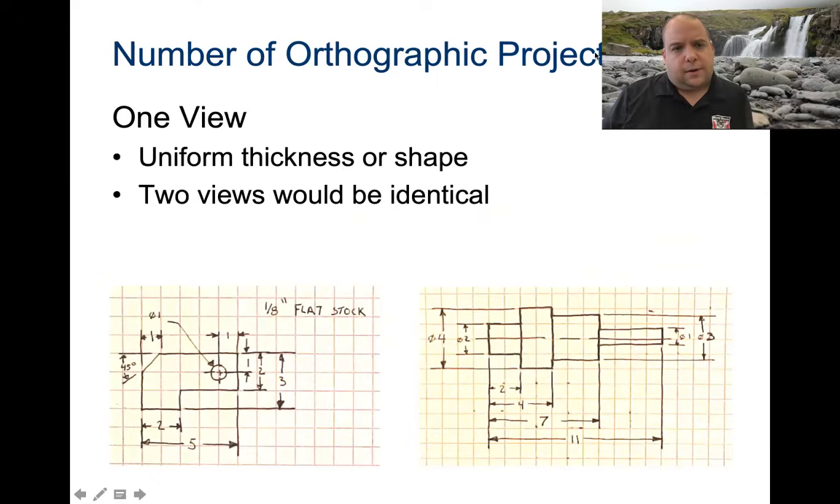Oh, what are they talking about here? Uniform thickness of the shape. Two views would be identical. Okay, well, they're not actually showing you the object, but what they're getting at is if I would take this